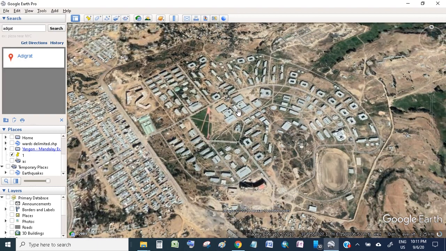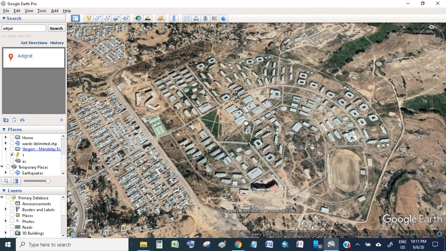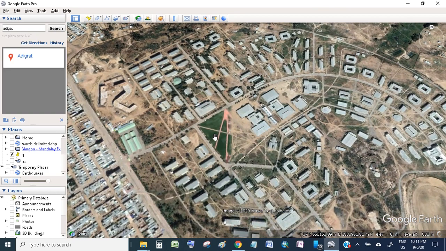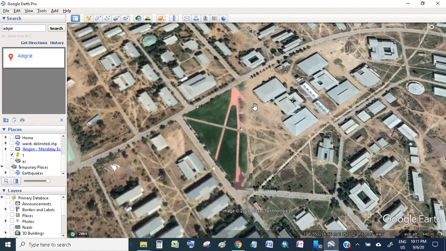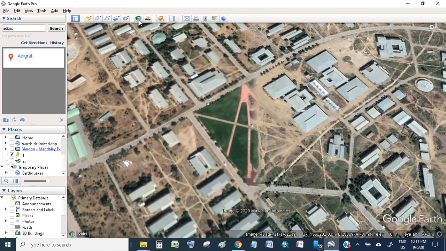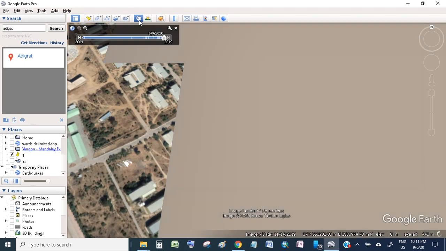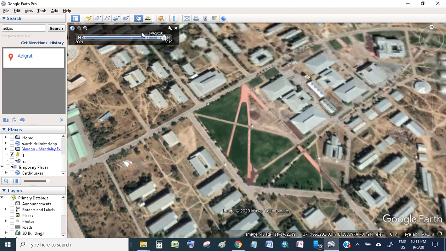Okay, and you see this is the recent change here. You will see this is the park. It is not fully shown here. Yeah, so if you want to see the historical image, then this is